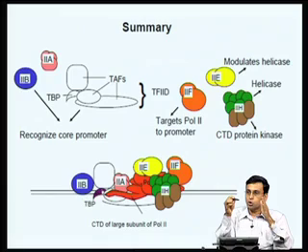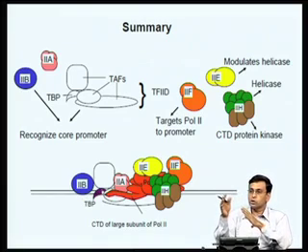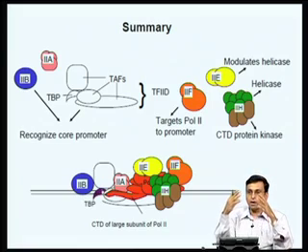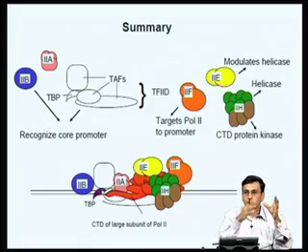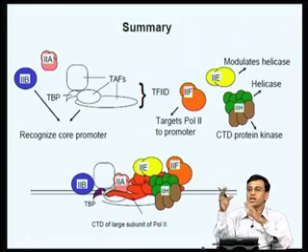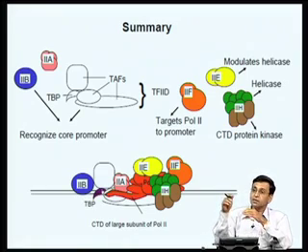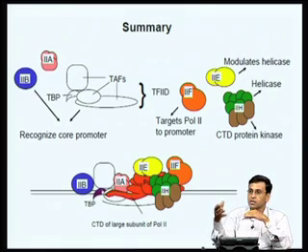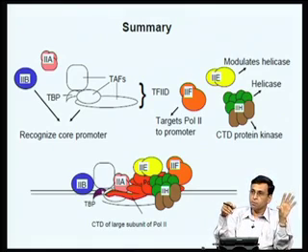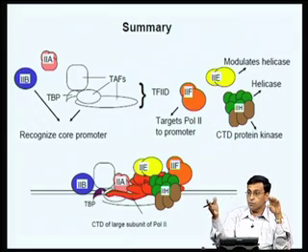But then I discussed with you, as we moved from prokaryotes to eukaryotes, the RNA polymerase itself became very complex. Instead of one RNA polymerase, you got 3 RNA polymerases in the case of eukaryotes, and each of them became a multi-subunit complex, whereas the prokaryotic RNA polymerase has only 4 subunits and the sigma factor. In the case of eukaryotic polymerase, you have anywhere from 9 to 12 subunits.